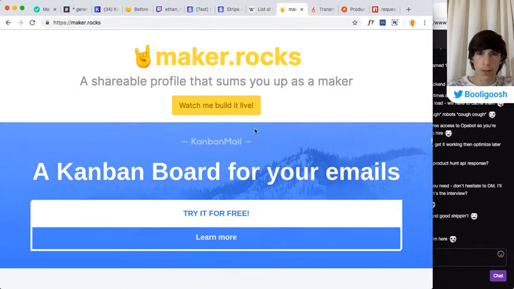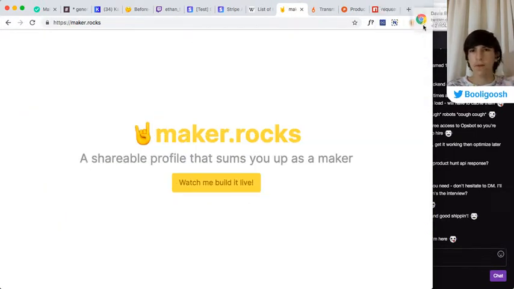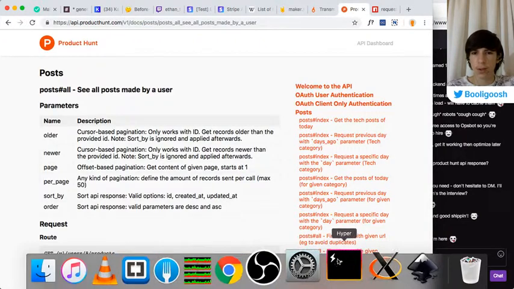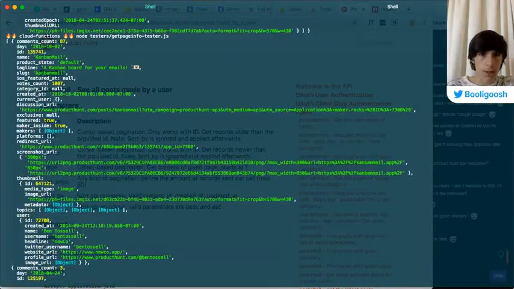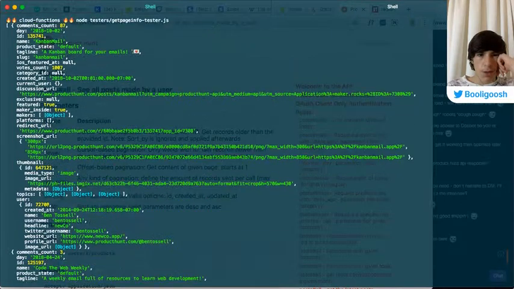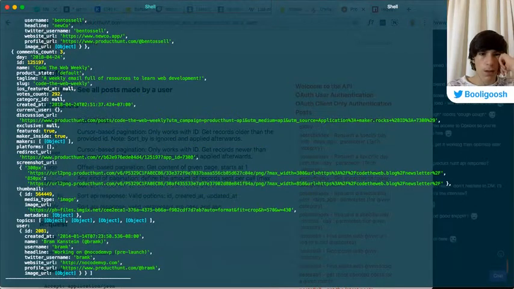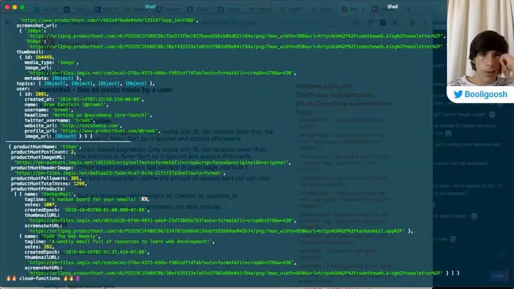Wait, what? Why does that look so weird? Anyway, oh, that's a page screenshot. That's pretty cool. But does it have the main screenshot? Like the main image? So let's have a look. Kanban mail, discussion URL, redirect URL, thumbnail URL. Seems like that's it. So yeah, it's